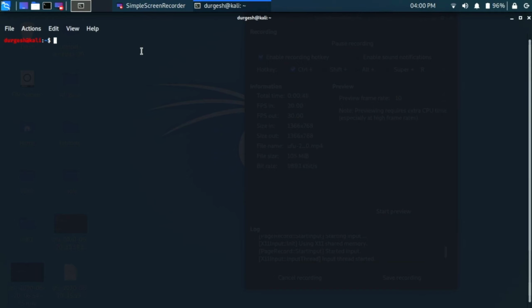Let's see what kind of wireless card is available in our system. For that, you need to write the command airmon-ng. Sorry, for that you need to provide sudo access, so let me provide the password.